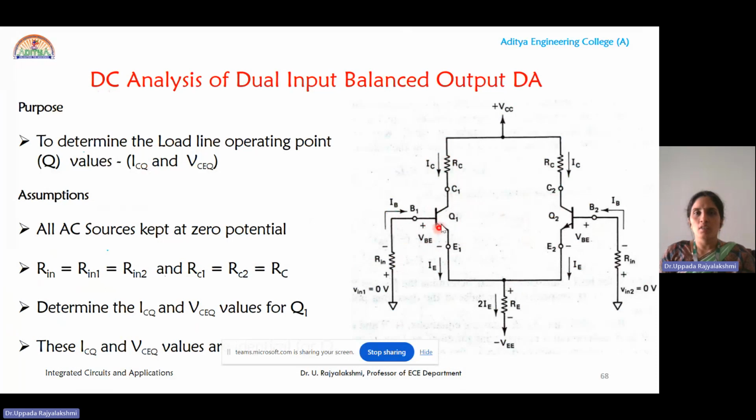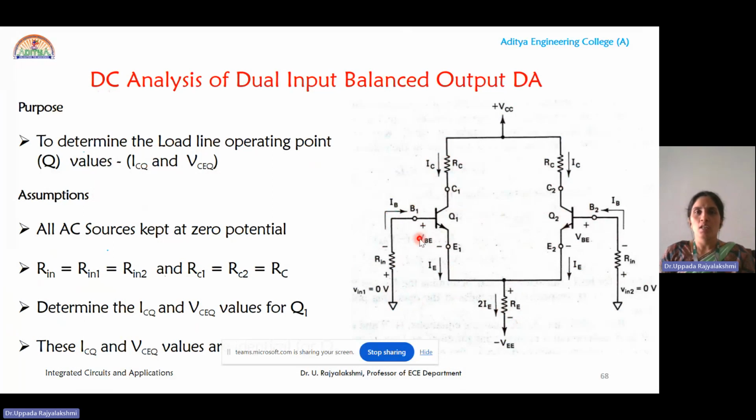Now here we are going to determine the ICQ and VCEQ of Q1 as well as Q2. Because the two transistors are identical to each other, the DC analysis or the quiescent point is the same for both Q1 and Q2, so calculating one is equivalent to the other. Now, in order to calculate the ICQ, first of all, you have to write the base to emitter loop equation,